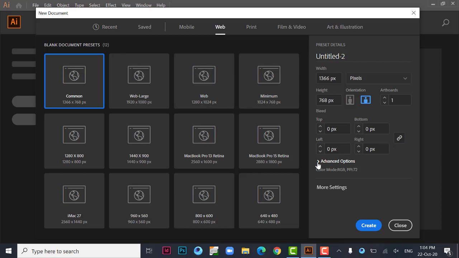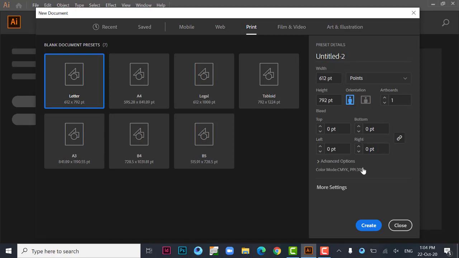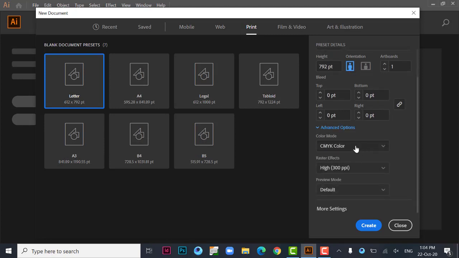And I will choose now RGB. Now you can see here no error. If you click on CMYK, then again it will appear here. So if you choose web, then choose RGB, and if you choose print, then you need to choose CMYK. By the way, it automatically sets here.